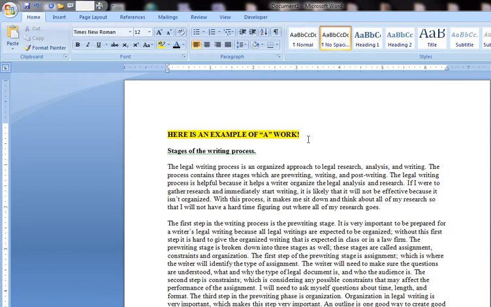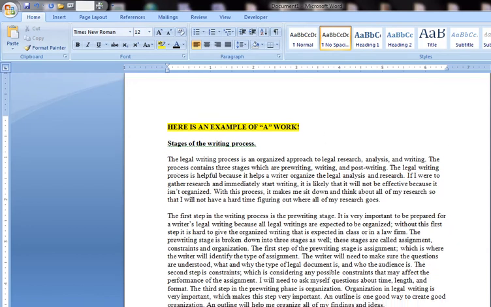You made a great choice choosing examples of the A work, I see. So I'm just going to talk to you briefly about what an A paper is. A work is above average, it's superior, there's not many errors, formatting is correct, you have gone above and beyond